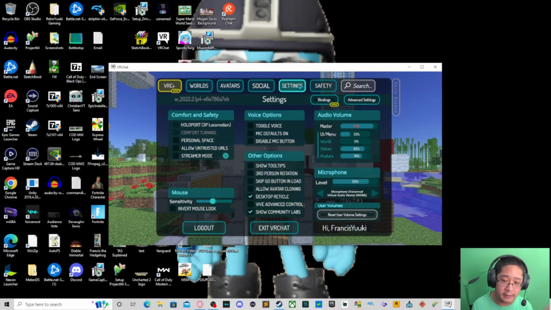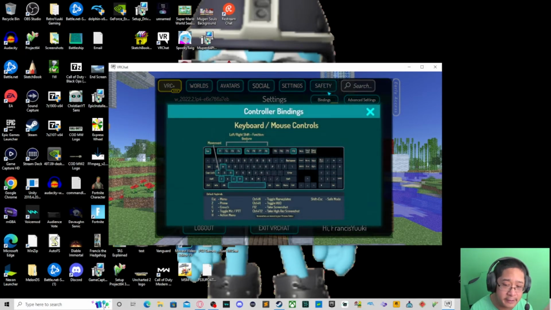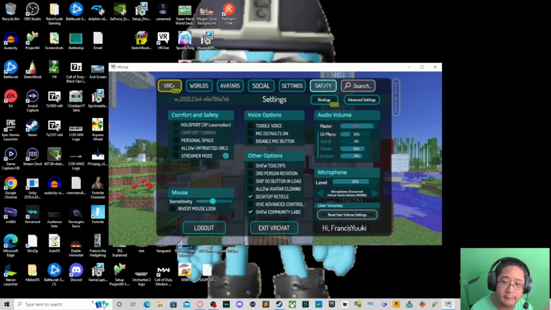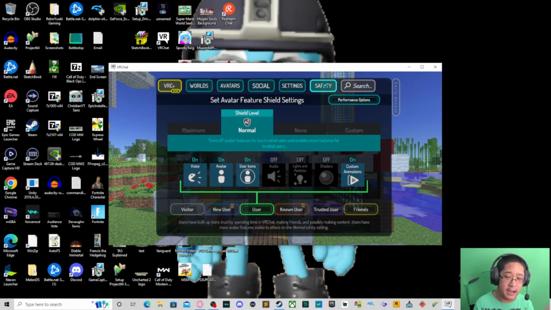Then we have settings. I'll talk about each setting in their own tutorial, but these are the settings for VRChat in general. We'll talk about each one later on. We also have the safety tab, which shows us how much of VRChat we are going to see based on the type of user we are. For example, we can be a visitor, new user, known user, trusted user, and friends, and each one has its own customized